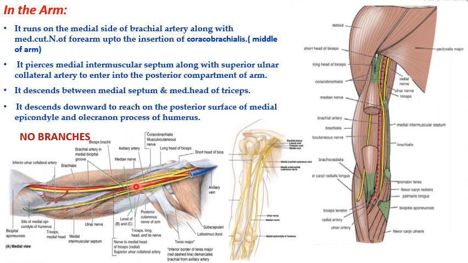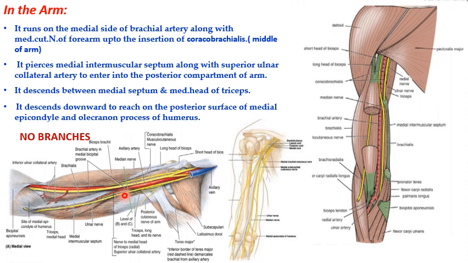Number 3 is the ulnar nerve piercing the medial intermuscular septum and entering into the posterior compartment of the arm. Number 4 is the origin, roughly also corresponding to the middle of the arm, of the superior ulnar collateral artery